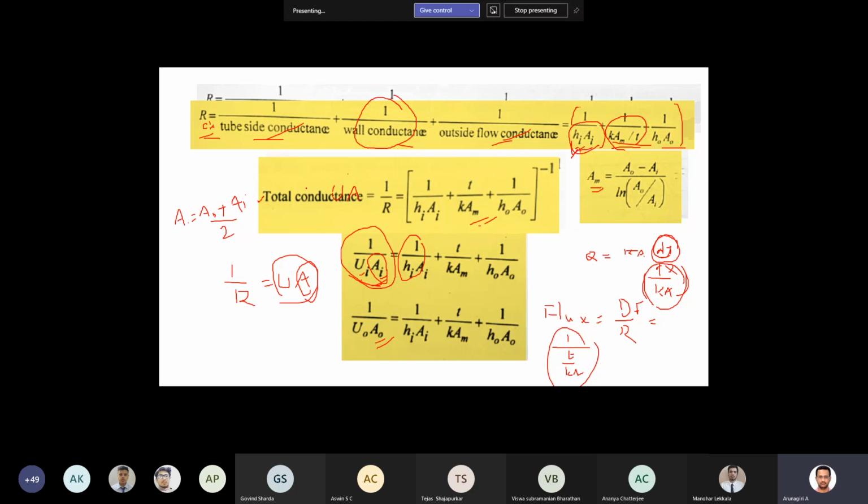Okay, so this is the heat transfer coefficient, no? So 1 by h will give the resistance. Whichever gives the more resistance, that will be the controlling resistance. Based on the controlling resistance, you can select the value. But in chemical engineering and heat exchanger design calculations, most of the time we will represent 1 by U naught, based on A naught. We will design the equation and calculate everything based on this U naught.